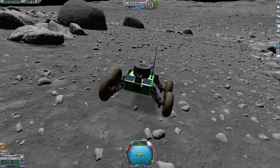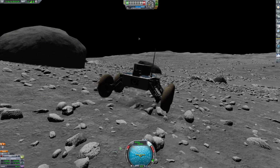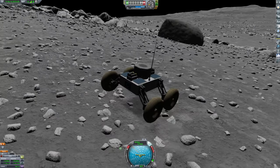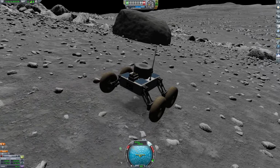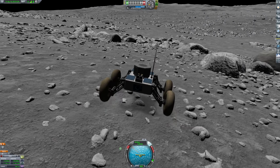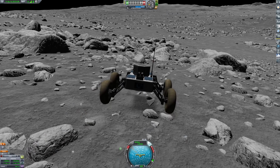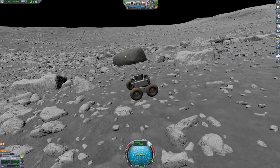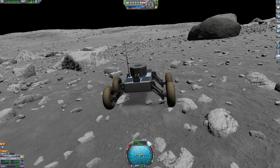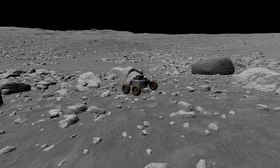But yeah, don't forget to put the scanning device on here, but I hope that this demonstrated exactly how this rover sort of thing works. It would have been adding more weight, but it would have ended up with the same result because we had a lot of power coming from that little tiny engine with this whole thing. So in a vacuum, it works very, very well. But I think that's going to be it for this